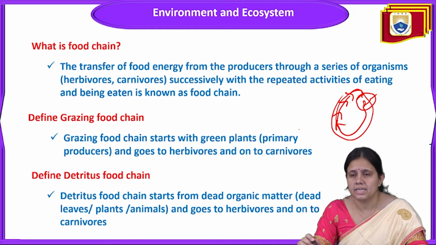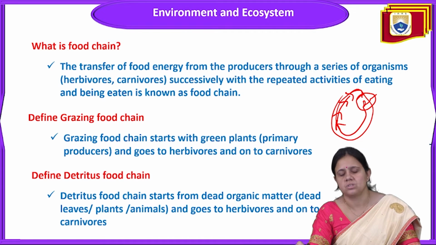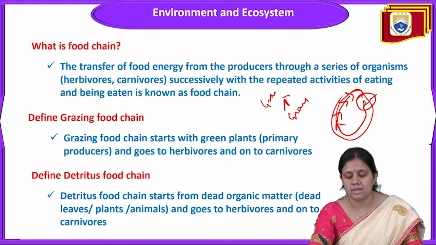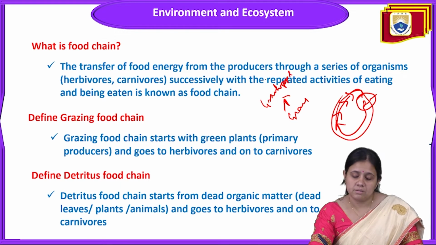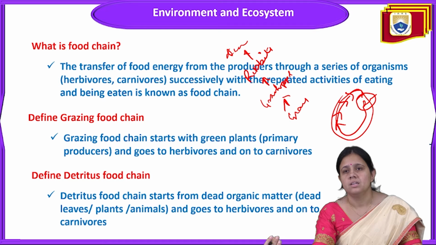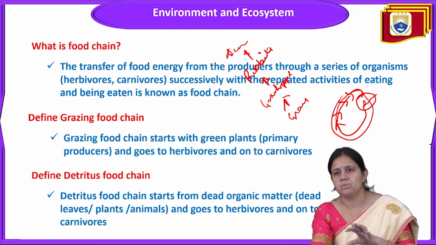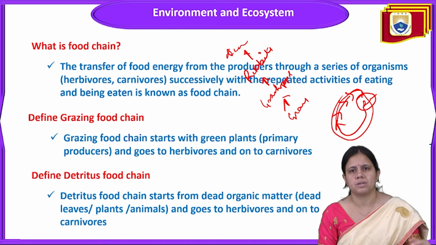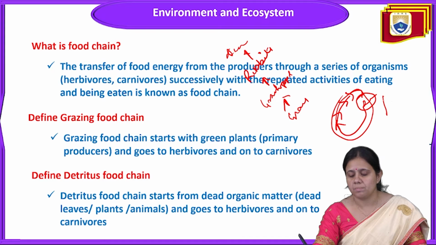For example, if we take the example of a grass ecosystem, grass is there. Grass is eaten by grasshopper, grasshopper is eaten by rabbits, and then rabbits are eaten by deer. So this is an example of a food chain. Here, the transfer of food energy from one trophic level to another is called a food chain, meaning from lower trophic levels to higher trophic levels, like we have already discussed about the trophic levels in an ecosystem.